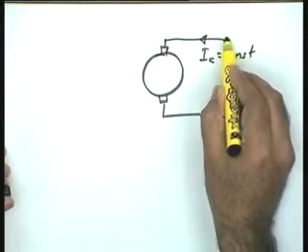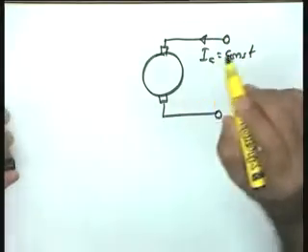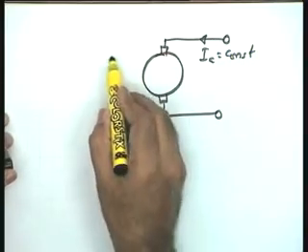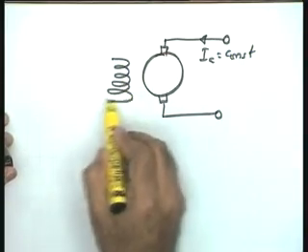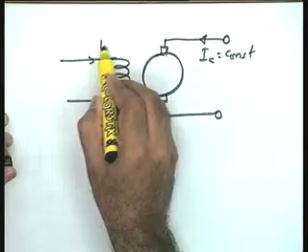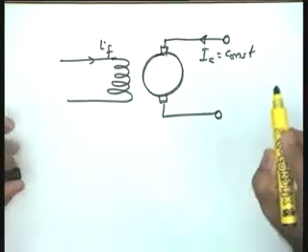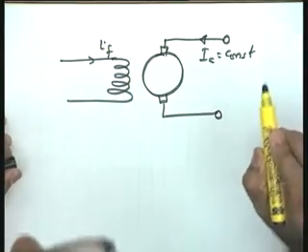Now, armature controlled motor we have taken. Just for the sake of completeness, a quick result on the field controlled scheme could also be given. What will be the field controlled scheme? IA is equal to constant. You will like to keep the armature current constant, and you will vary the field current IF to control this particular motor or to control the torque developed by the motor.